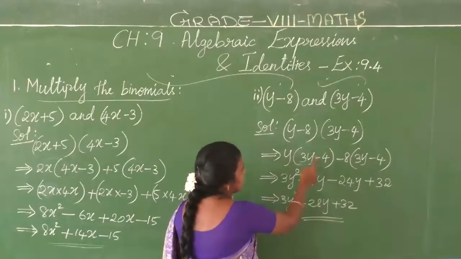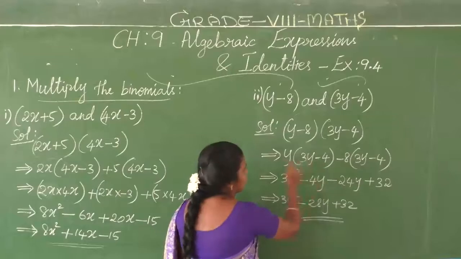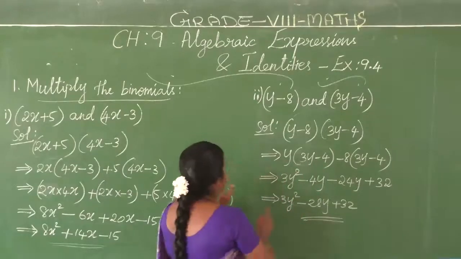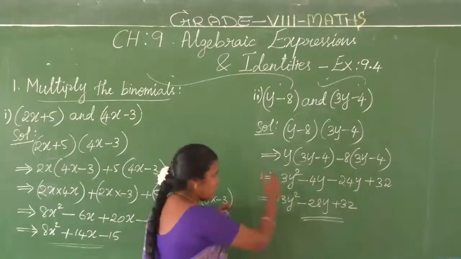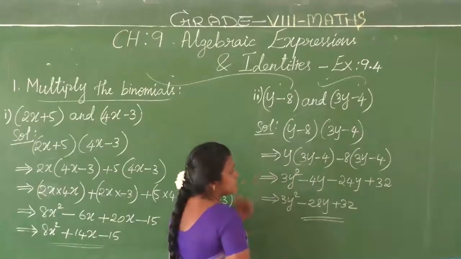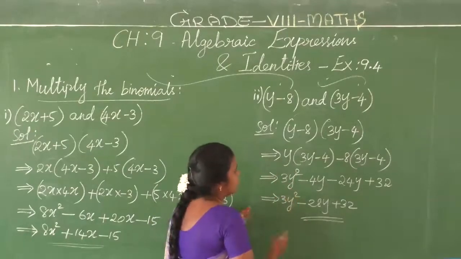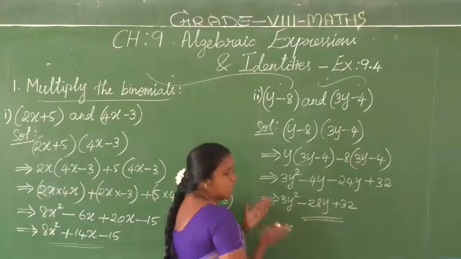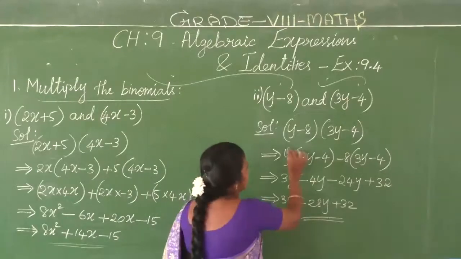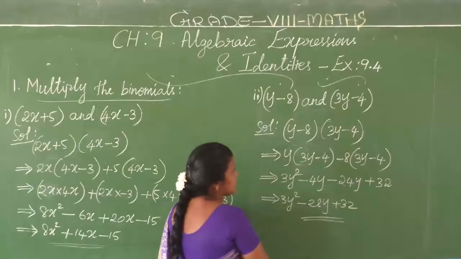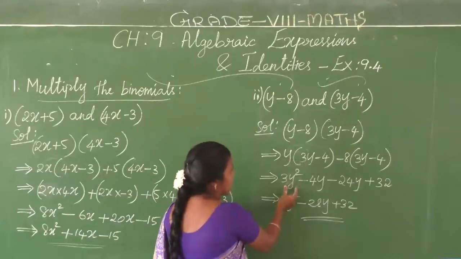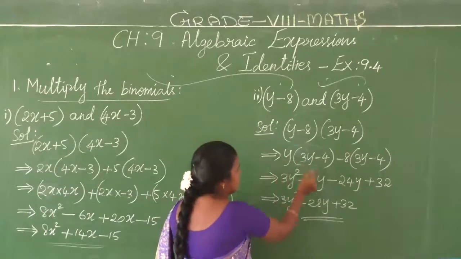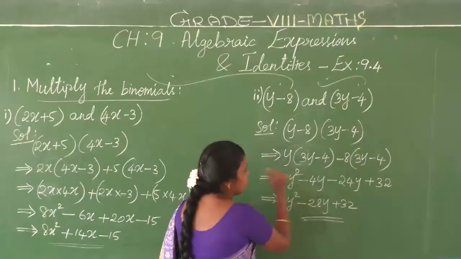Okay. Plus into minus, minus. 4 into y, 4y. I missed one step. No problem. If you understand, you can reduce the steps yourself. So try to solve quickly without long steps, more steps. Okay, see, it comes like this. Yes or no? 3y into y, 3y square, plus into minus, minus, 4 into y, 4y.